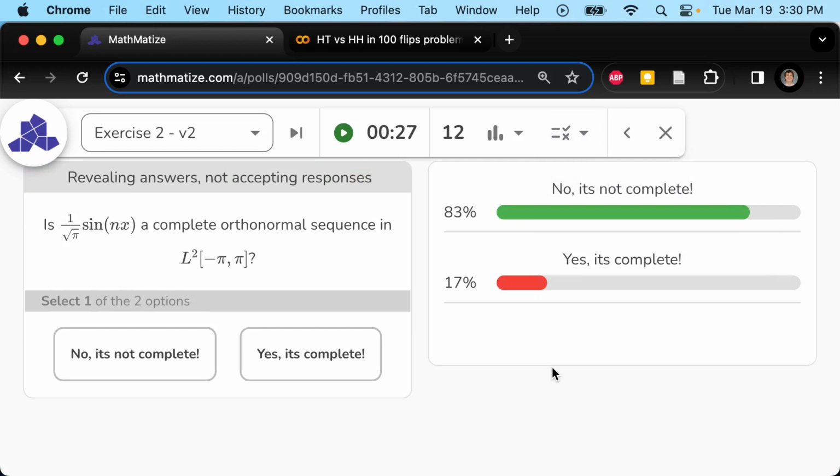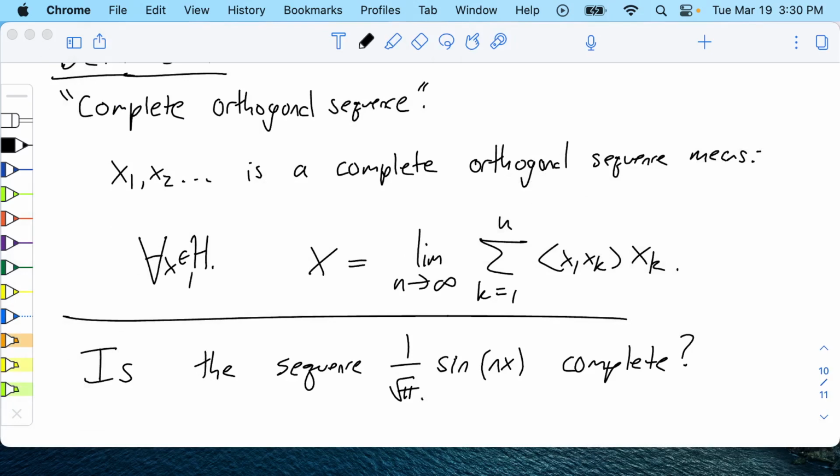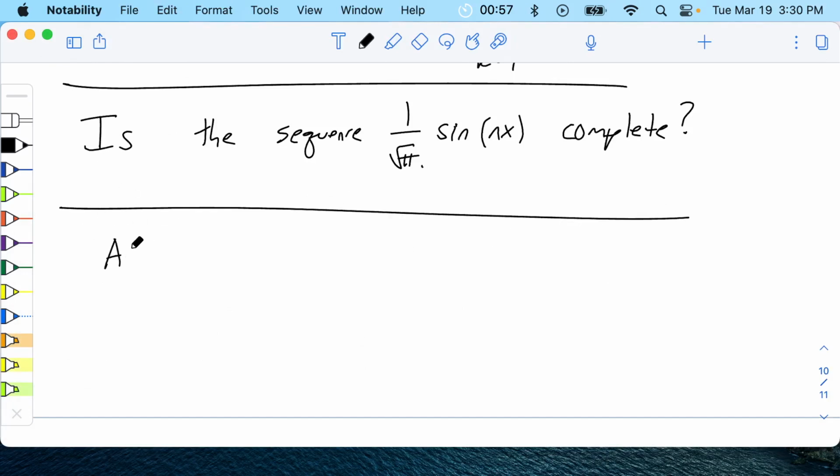Does anyone have a simple reason that shows why it's not complete? If you think about it, those sines are always going to be 0 at 0 and pi, and minus pi. So you can't sum to pi. Okay, this is a fantastic argument worth writing down. So here is what you're saying: at x equals 0 and x equals pi,